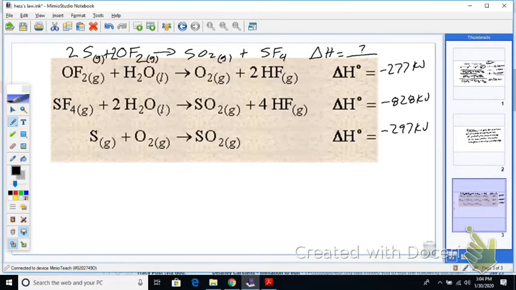Any suggestions on this one? I'll let you guys make suggestions on what we need to do. You want to do one element at a time. So let's all start with S. Is there any one reaction that just has S in it? The bottom one. Okay, so does it make sense to double it or not? Yeah. Okay, we might have to go back and change, so we double it. It's 2, 2, 2, and then we double this.